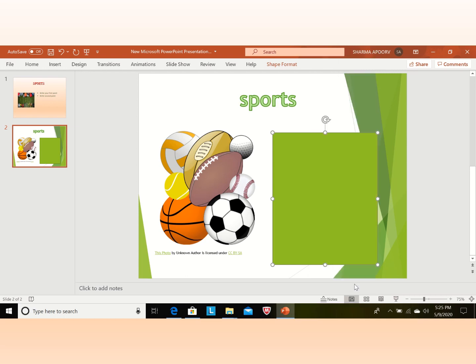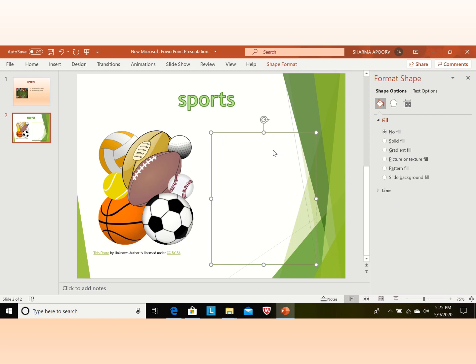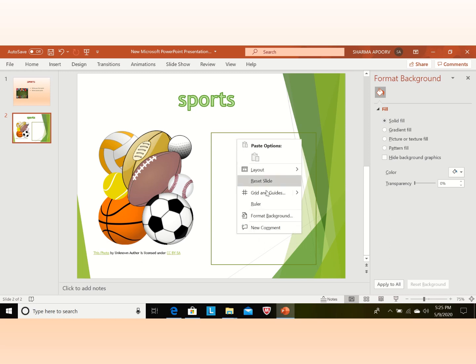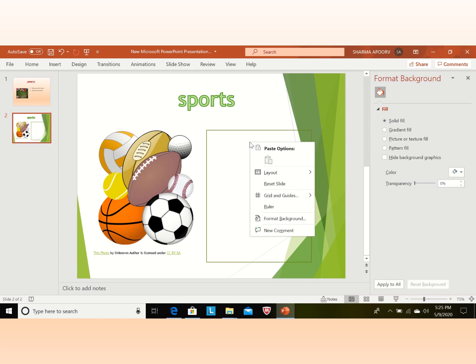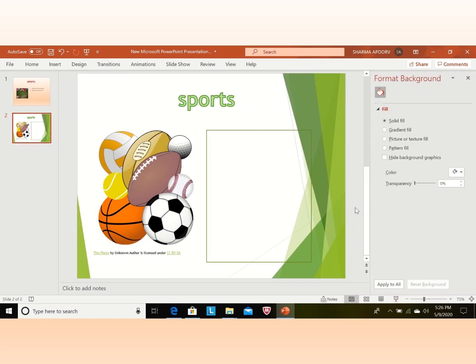You can format shape. No fill means it will clear the background of this shape. We can write in this shape. Right mouse click. New comment, new background, format background.